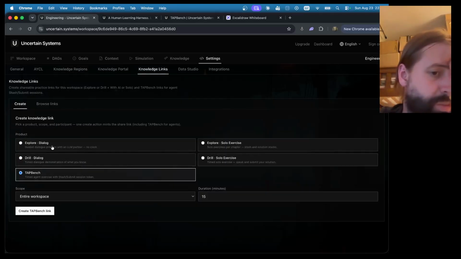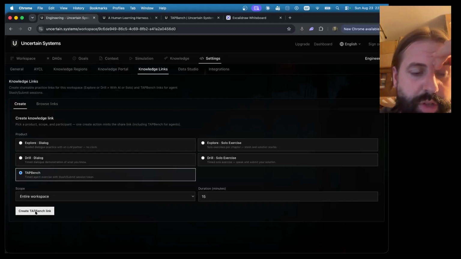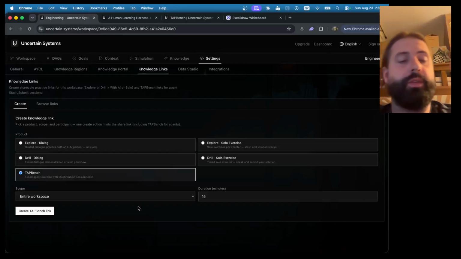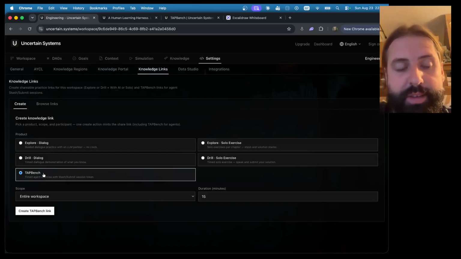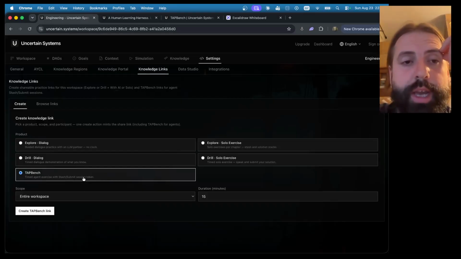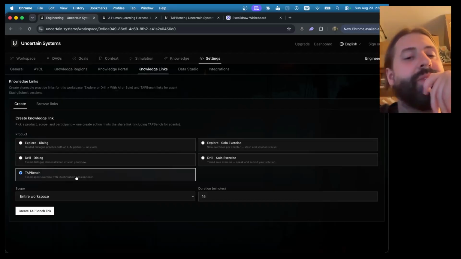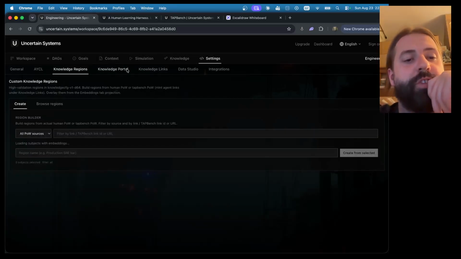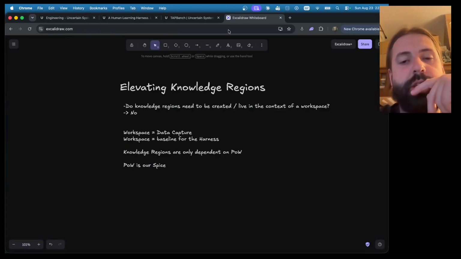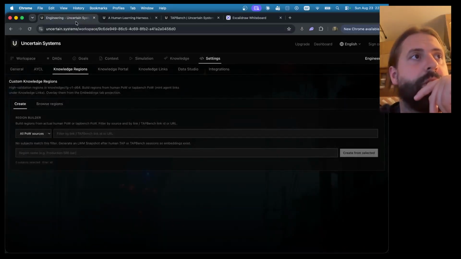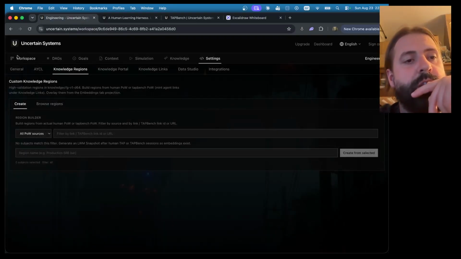and TabBench is basically timed agent exercises with time-submitted sessions. So you give the TabBench link to an agent, and then the agent just runs against a workspace. That makes sense. It also makes sense from the perspective of you might want to evaluate an agent against a specific workspace. That's okay. I'm not really going to change that. I'm just thinking to expand on these in the sense that